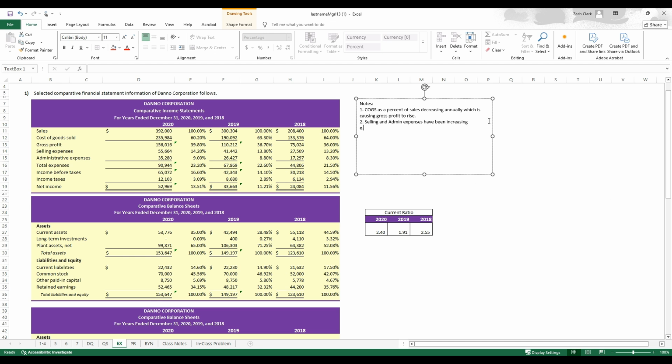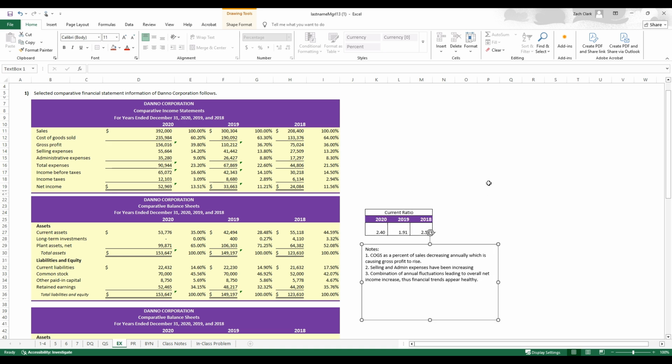And we can note that too. Let's see, how do we want to say that? Combination of annual fluctuations leading to overall net income increase. Thus, financial trends appear positive overall, or maybe we'll say healthy. Okay,